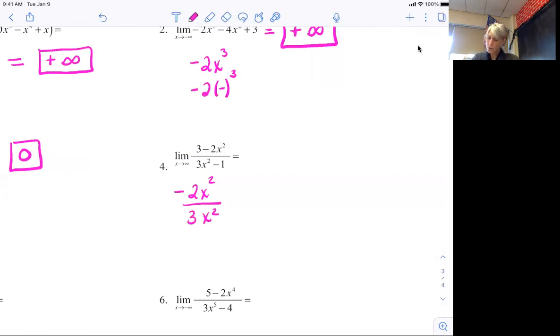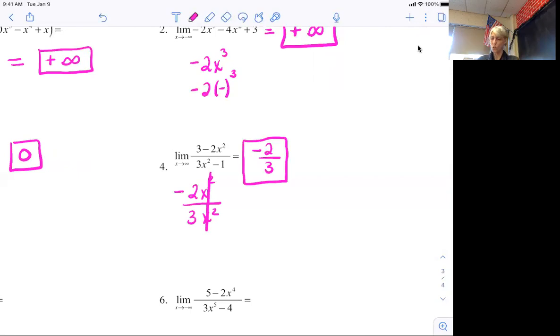Same power, they're going to cancel each other out. So no matter what I plug in, my answers are getting closer to negative 2/3. And if you remember from our rational function, we're never going to hit it. It just means the graph is getting